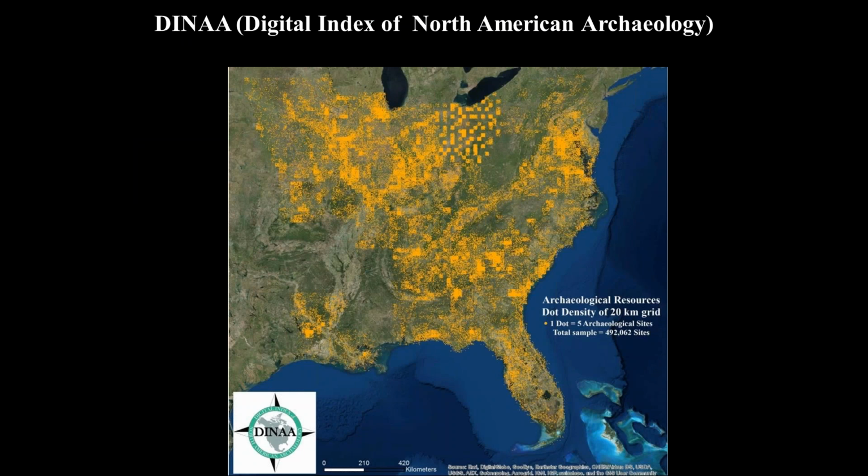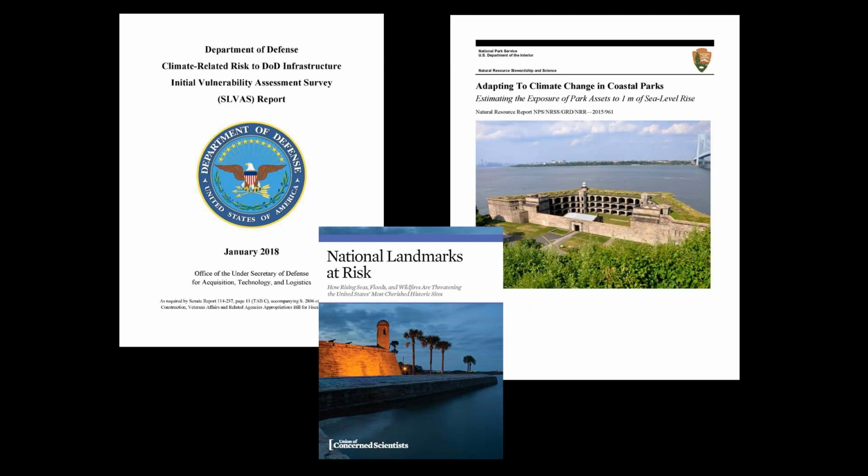In this presentation, we show how linking together archaeological and historic data at a large scale can be a powerful tool, not only for studying human life in the past, but also for evaluating possible developments in the future and planning for their mitigation. While the importance of climate change has been questioned in some quarters, many private organizations, as well as state and federal agencies like the National Park Service and the Department of Defense, to name a few, are taking the matter quite seriously, with significant effort directed to exploring how to preserve and protect our country's heritage and infrastructure from climate-related effects.